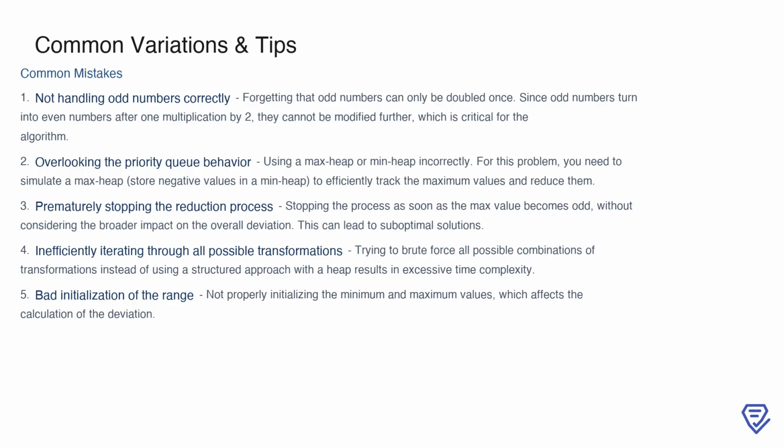Second, the behavior of the priority queue is another area where mistakes are common. You need to simulate a max heap by storing negative values in a min heap, which allows you to efficiently track and reduce the maximum values in the array. Another frequent error is stopping the reduction process too early, specifically when the maximum value becomes odd. While it may seem logical, this can lead to an incomplete solution that overlooks the broader impact on the overall